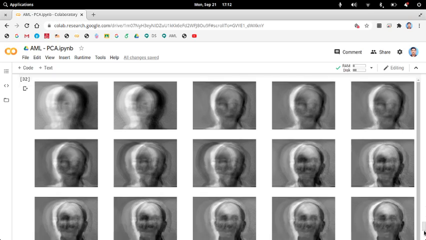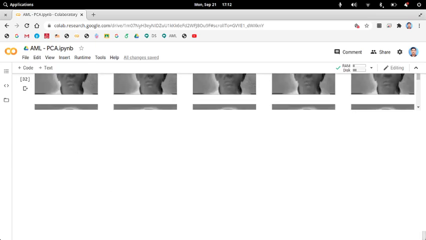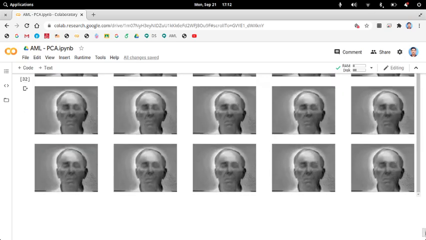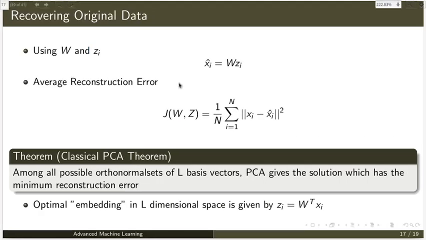If we use the top 50 eigenvectors, in this case called eigenfaces, then you are getting this. So instead of storing 77760-dimensional data, you can store your data with just 50 dimensions. That is the advantage of PCA, and this is how you recover your original data.